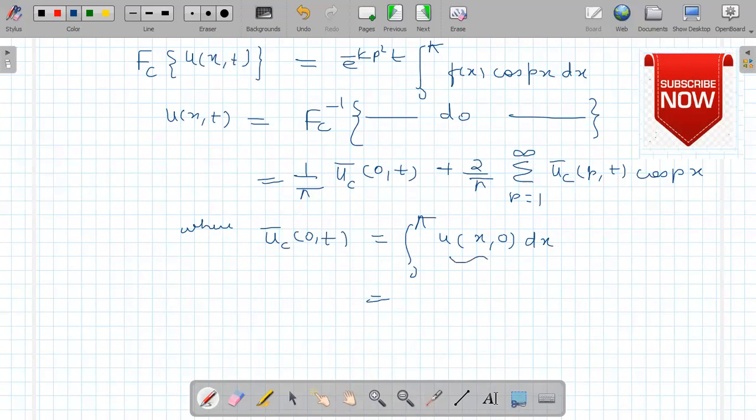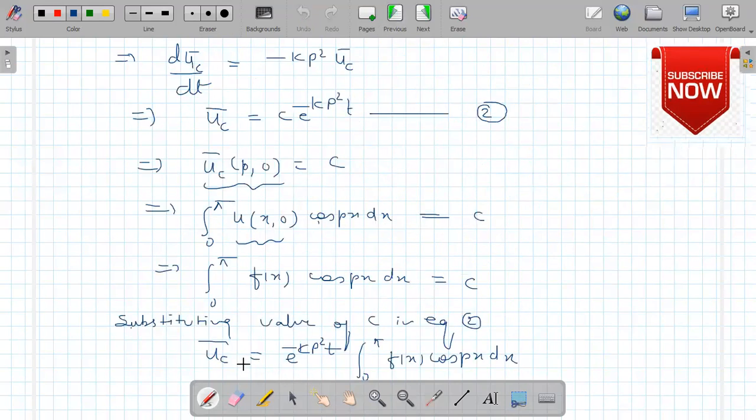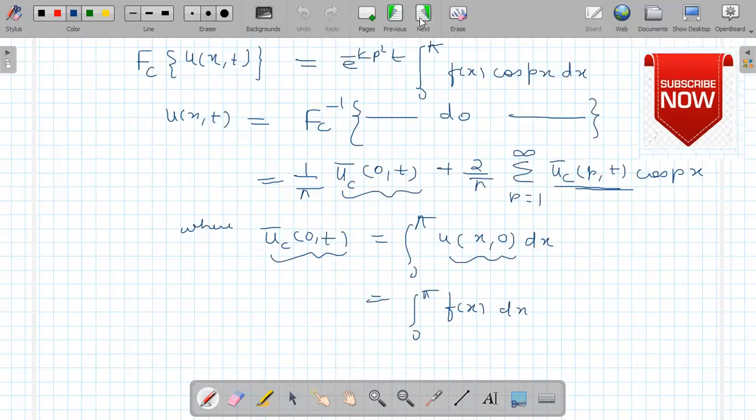So this is given to you as f(x) dx. So you can replace this in this expression by this expression, and this u_c(p, t) is replaced by this expression. Okay. So finally we have